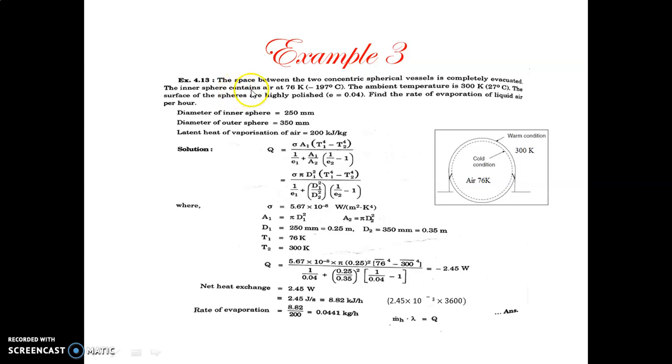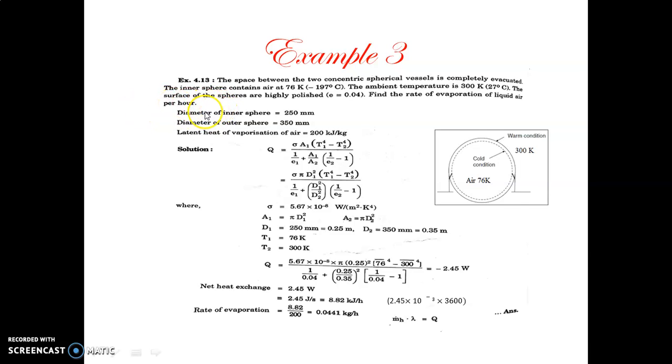First I will read this problem. The space between two concentric spherical vessels is completely evacuated. The inner space contains air at 76 Kelvin, which is minus 197 degrees Celsius. The ambient temperature is 300 Kelvin, that means 27 degrees Celsius. The surfaces of the spheres are highly polished, with emissivity E equal to 0.04, and find the rate of evaporation of the liquid air